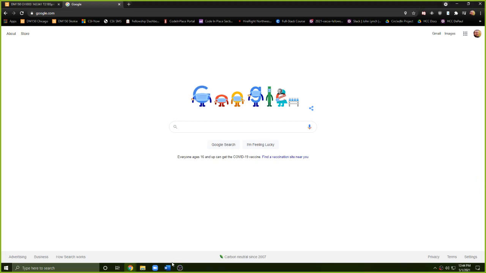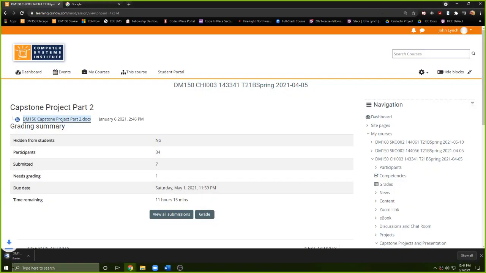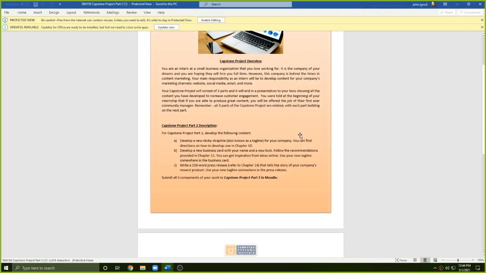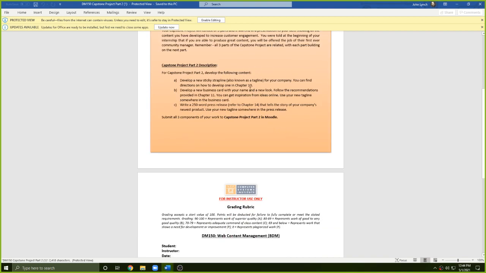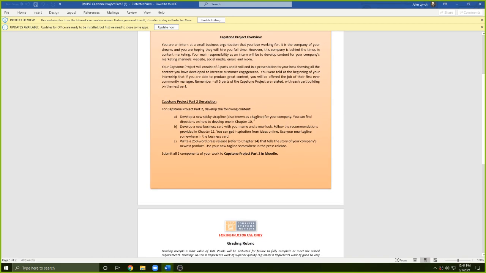So inside of your capstone part two, there is a portion here after you brainstorm the company. After you brainstorm your sticky strapline or the tagline, whatever you like to call it, similar to Nike's "Just Do It" or the "You're Worth It" from Morel. After you develop that, part B is asking you for a new business card